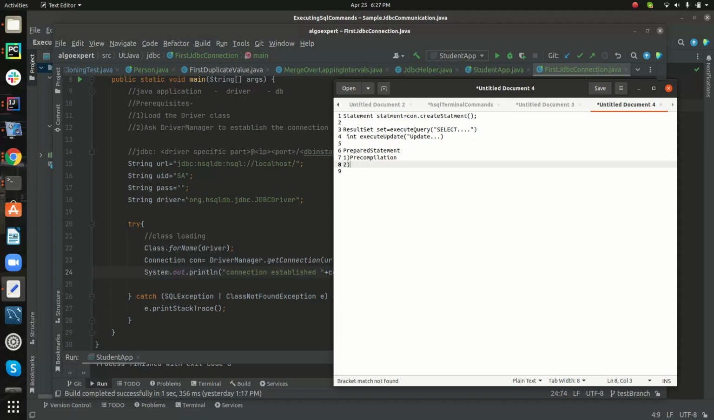The second advantage of using a prepared statement over createStatement is automatic data conversion. What happens here is, if you have a string, some names have apostrophes, like O'Reilly. If you add such strings in your query, and your query has all these quotes and so on,